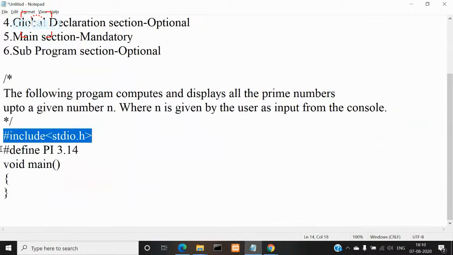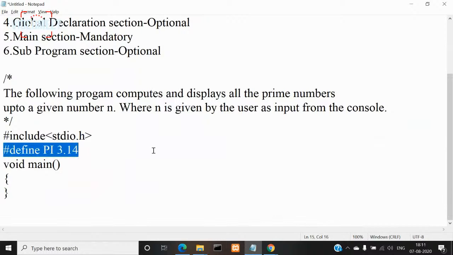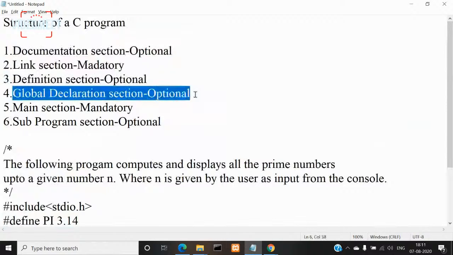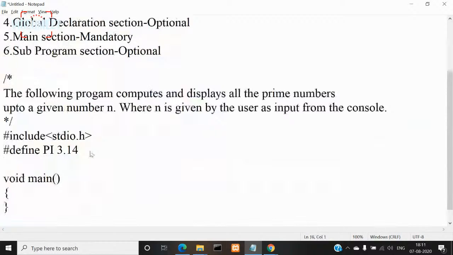But coming to this one, this is optional. Okay. So now that we have completed the first three sections, then comes the global declaration section. In this global declaration section, either you will define variables, or you will declare variables or functions, right? So in the global declaration section, what we'll do is, I'll mention here in the global declaration